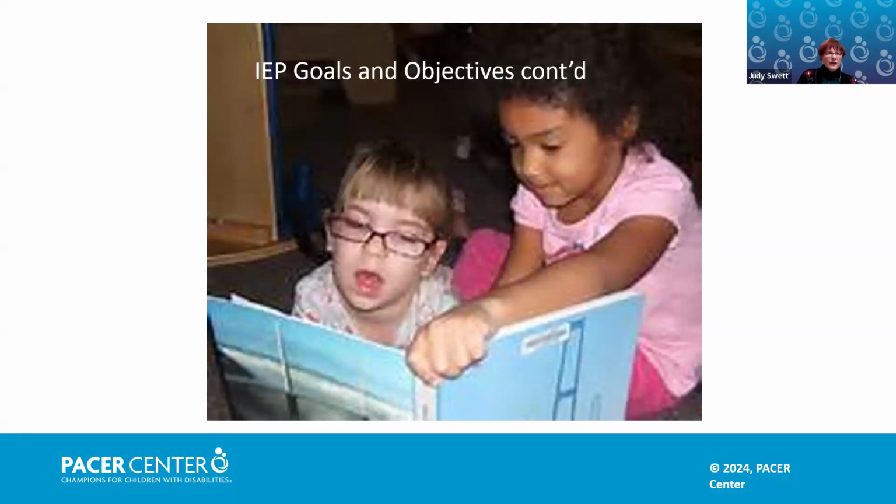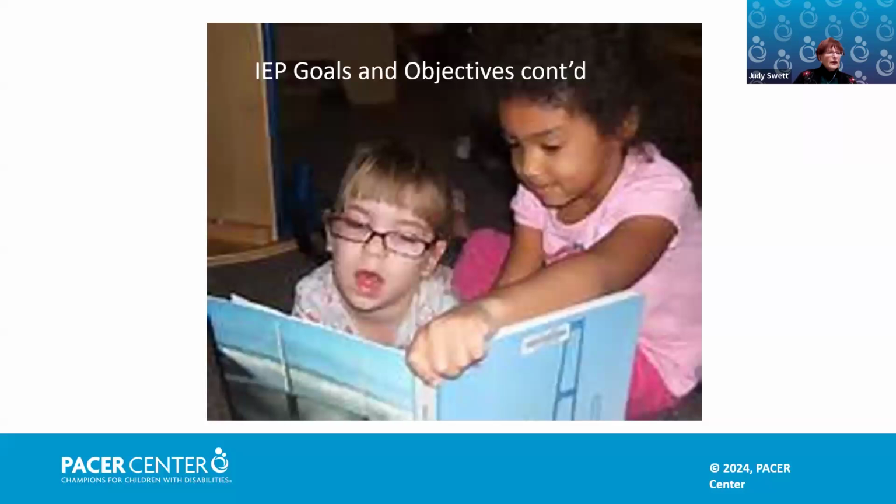And that's the thing I like about objectives is that you don't have to wait till the end of the year to figure out if your child is making progress. Number one, the objectives should spell out how that progress is going to be attained, but also you will receive progress reports during the year that talk about whether or not your child is making progress on those goals and objectives. The goals, as I think I said earlier, are based on the present level of academic and